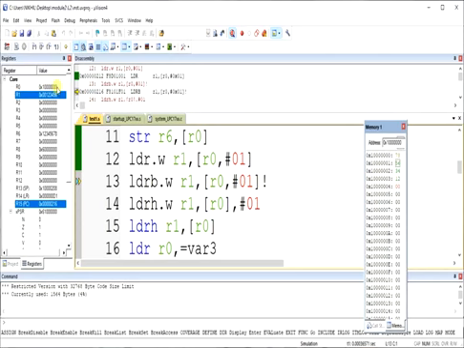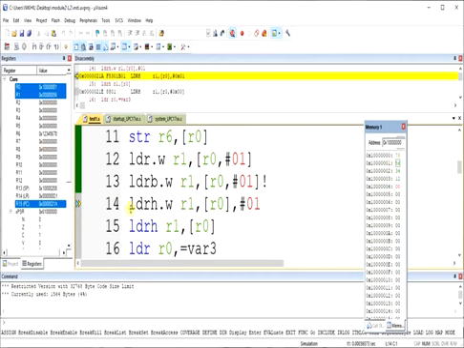This value will change, and you will see which value will be copied. It has to store a byte, so R1 will be updated now. As you can see, it has changed. Which value has it loaded? Only the byte value, meaning whichever value is present at this address. At this address it is 56. So 56 is loaded here.